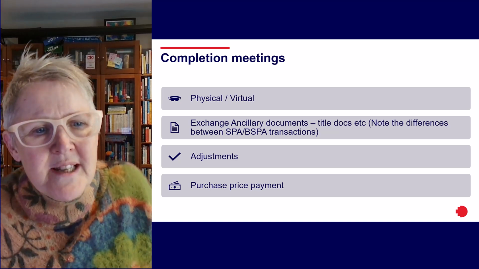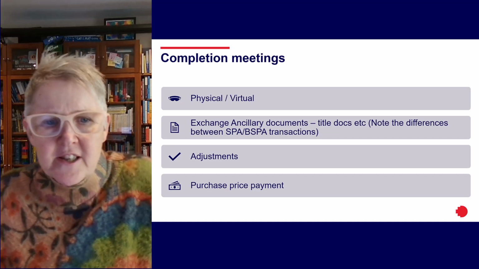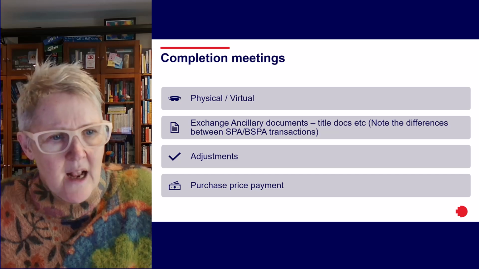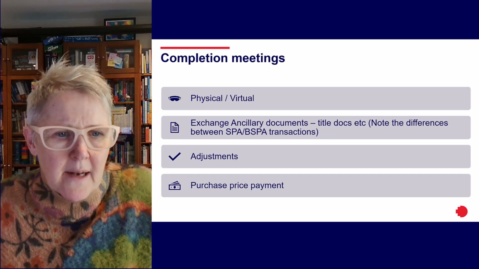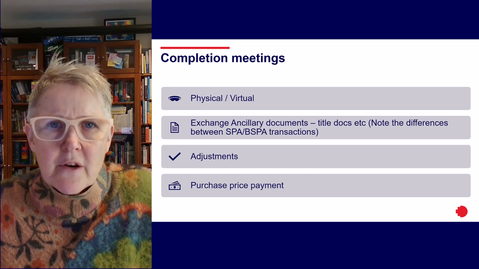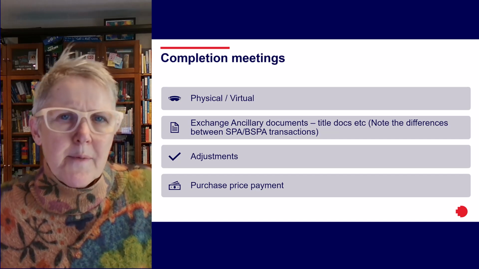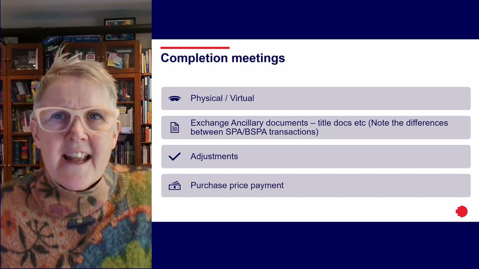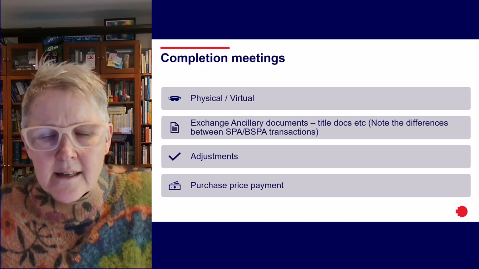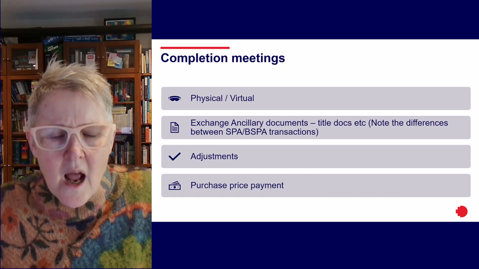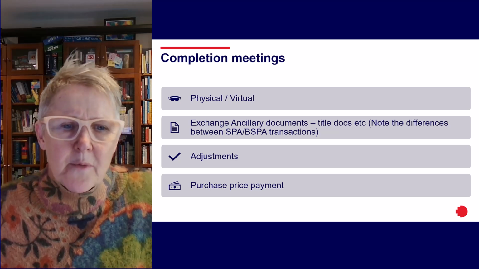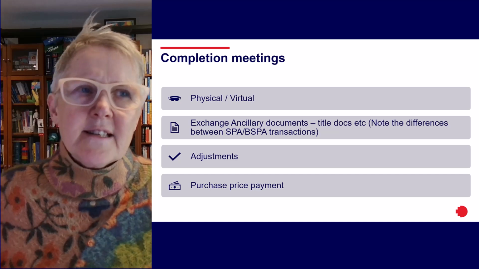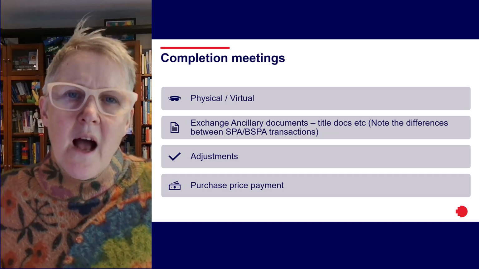So, notwithstanding preparation for a completion meeting, clearly issues can still arise on the day. That can disrupt planned completion proceedings. People might not show up. There might be bad press on the day. Somebody might instigate proceedings against the target company or the vendors. A whole lot of things can happen. So pre-planning is really essential to ensure that everything is done as seamlessly as possible.